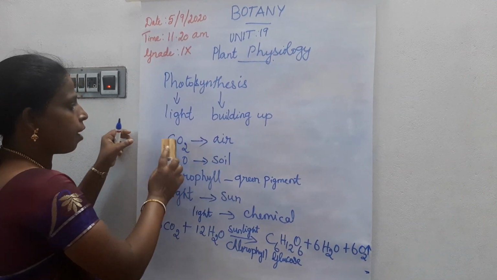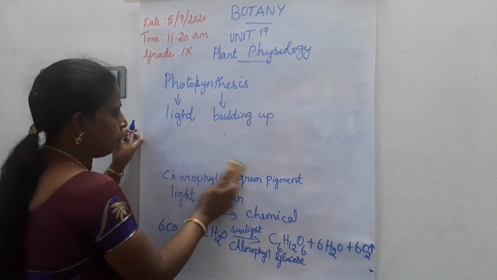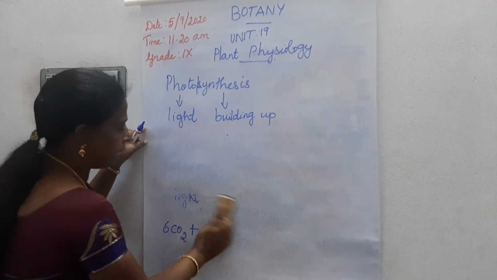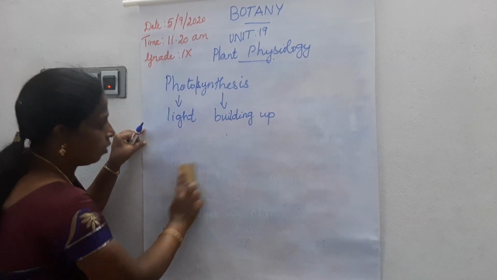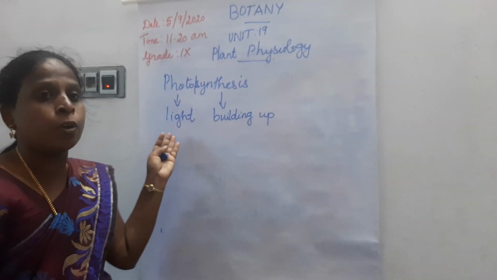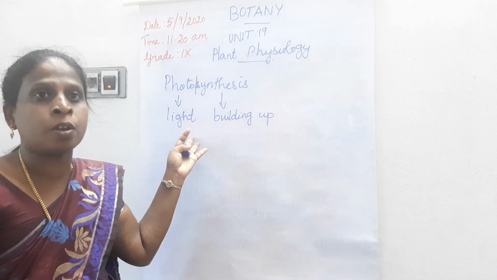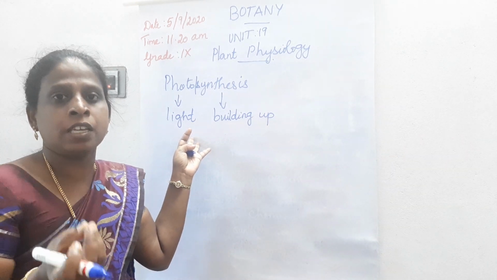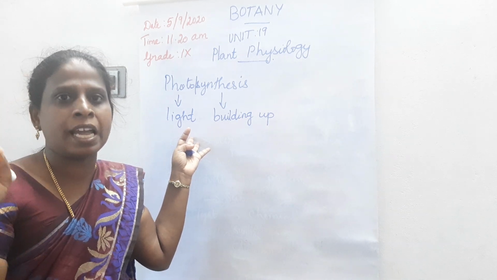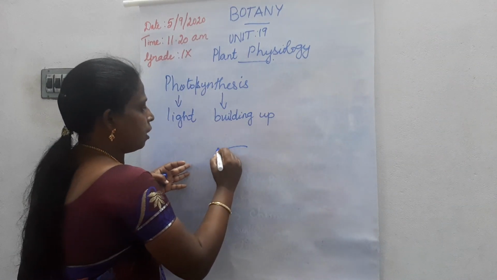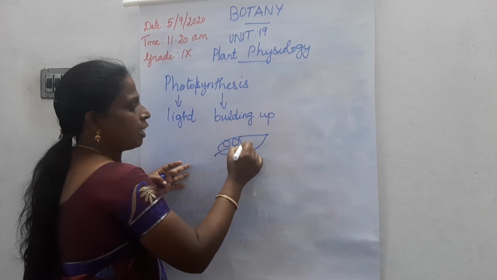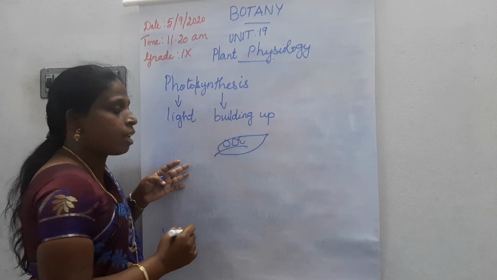So next we can prove that chlorophyll is necessary for photosynthesis by an experiment. For that experiment, first pluck a variegated leaf from the Coleus plant. Coleus plant means croton plant. From the croton plant, we all know the leaves have many colors. Green color is there, yellow is there, white color is there. Many patches of colors are there.